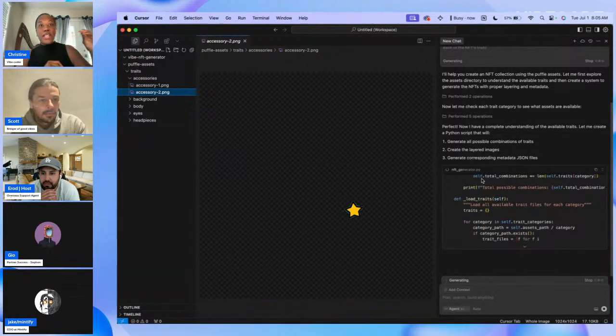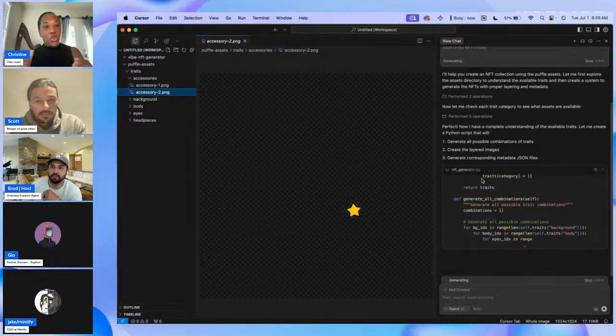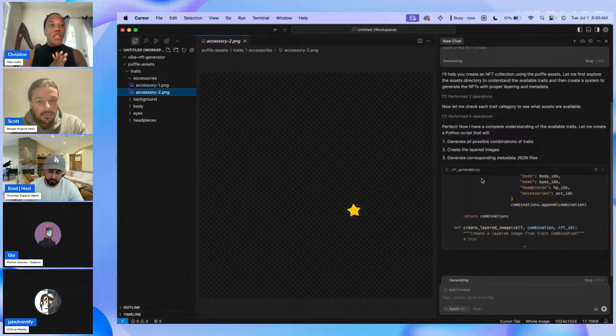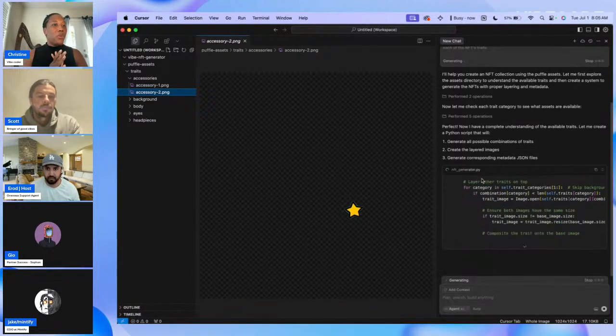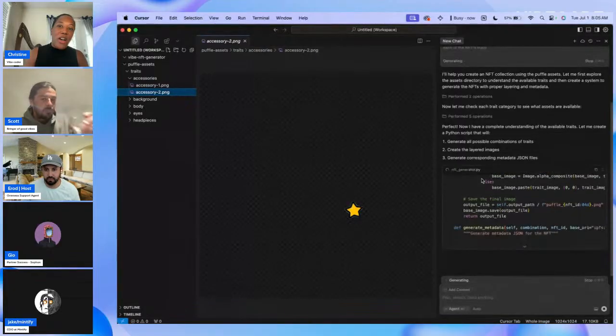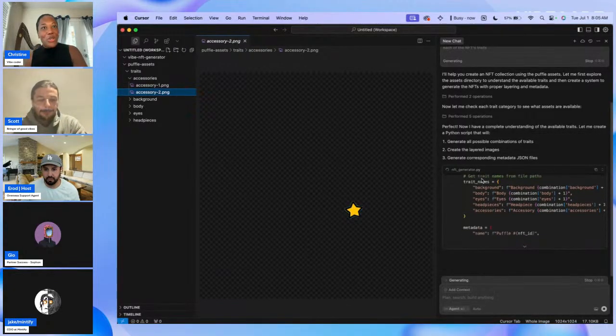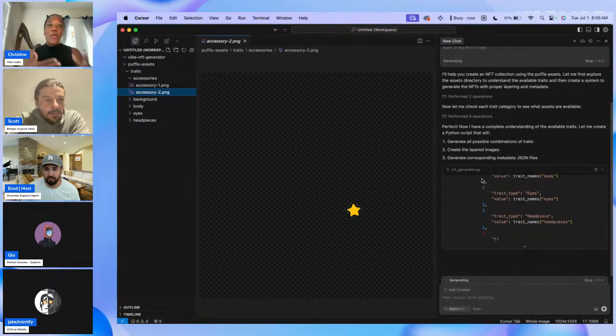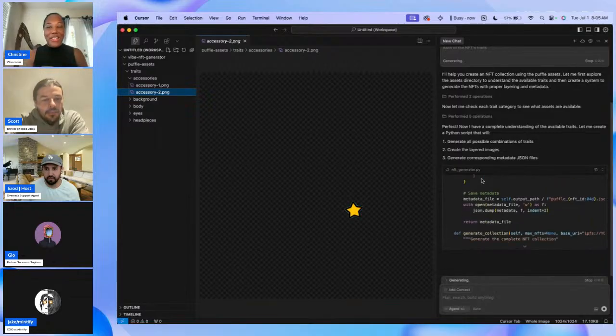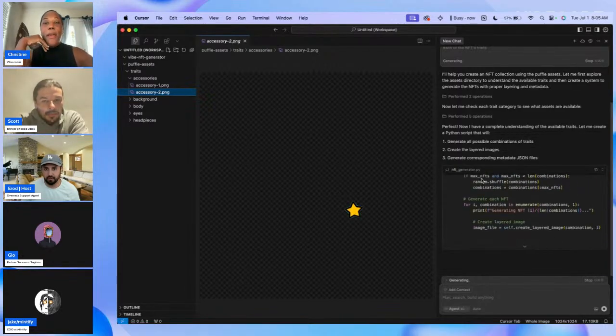And you can have the script generate 10 or 100. It'll also create the JSON that you're going to need. And then what's really cool is that if you haven't created your own rarities file, after you create the images, you can say, okay, this isn't rare enough. Let me go ahead and create a rarities file. So I'll show you what that looks like. So we're going to do a few prompts here. But as this